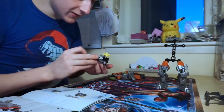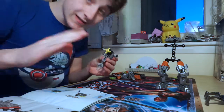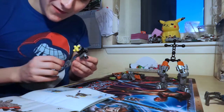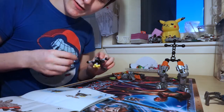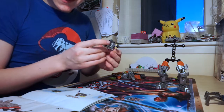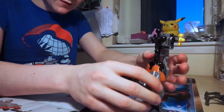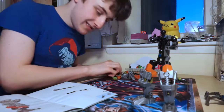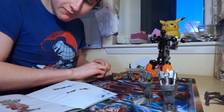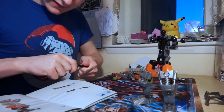And I'm really glad they're using this piece. Although they could have created an entirely new weapon for Pohatu, the inner builder is still happy that they've used an old piece. So there we go. The gearbox has now been attached to Pohatu. It gives him a bit more form, a bit more niceness, and now we need to make his arm. So his left arm. So we just attach